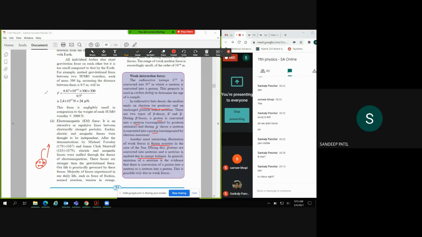So there are two types. One is fission, another is fusion. Fission we have seen already. There are many power plants which convert these fission reactions to energy, and that energy we can convert to electricity, and that's what we are using in our homes daily. But there is another, the fusion reactor.